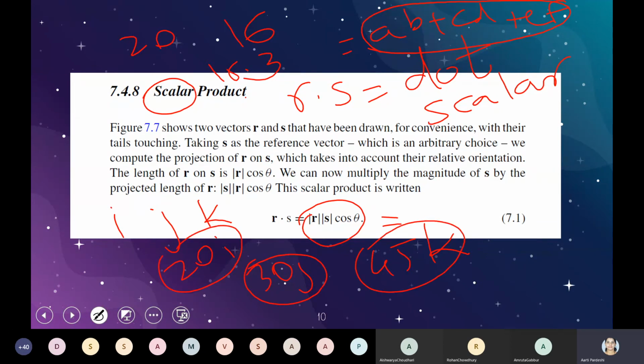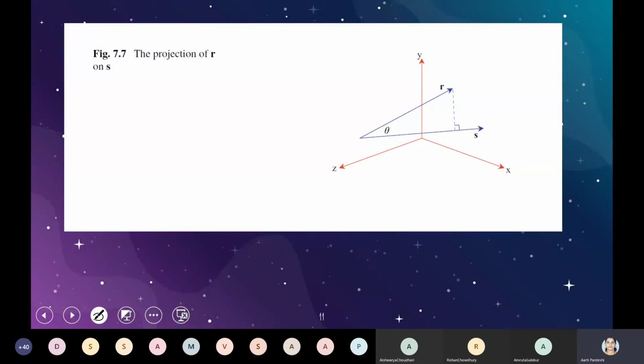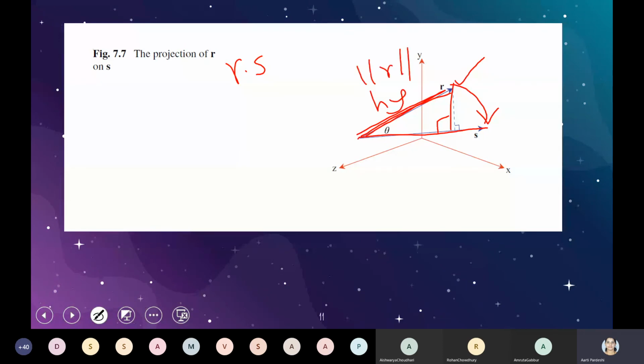Okay, and now we will prove it. Very simple proof. If this is your R vector, this is S vector, and we are calculating R dot S, how do we get this R dot S? Obviously, if you want to calculate it, draw a perpendicular. As you see, a perpendicular is drawn, so this becomes the hypotenuse. So magnitude of R is nothing but the hypotenuse. If this is theta, cos theta requires the adjacent side, that is nothing but the magnitude of S, and you are going to get the cos theta angle.